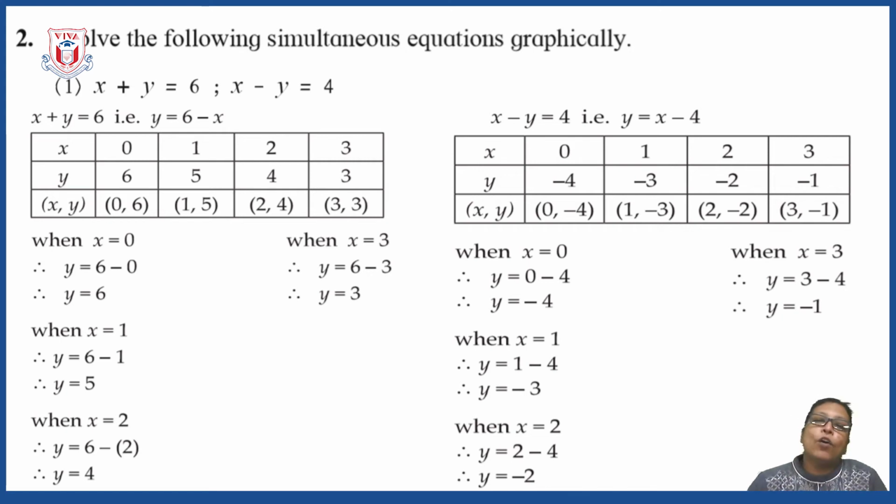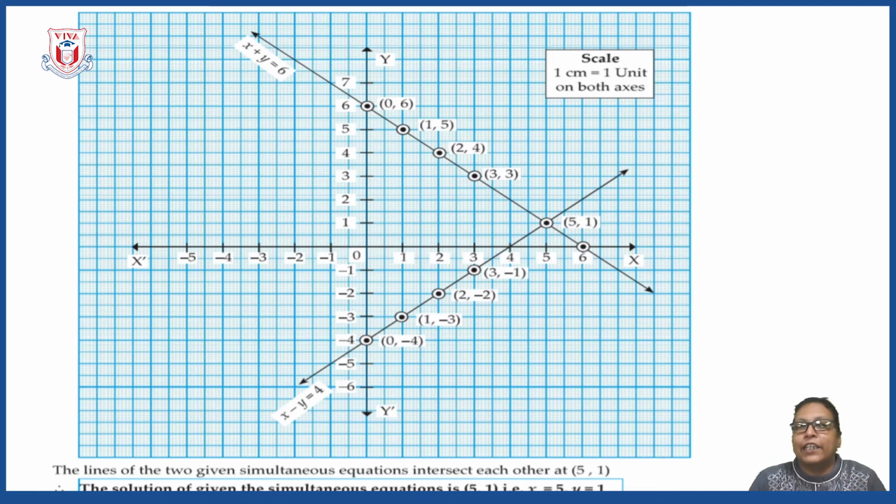Okay. Here all the positive values are taken for x. You can take negative values also. You can take zeros also. As I have said, the simplest way is that you can take 0 so that you will get the answers fast. Again, you got the 4 points here. Plot those points on the graph paper. Draw the line. Okay. So when you draw both the lines, it will look like this.